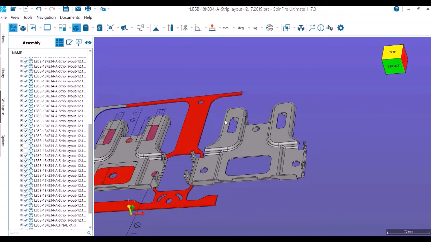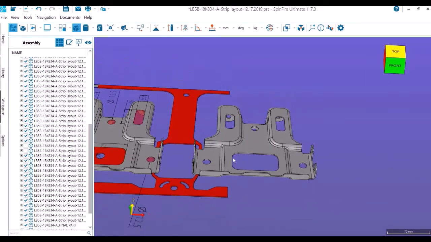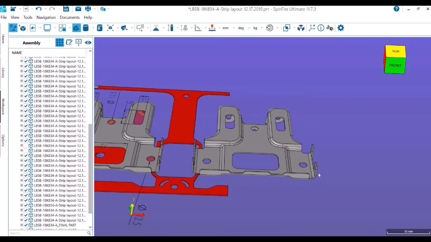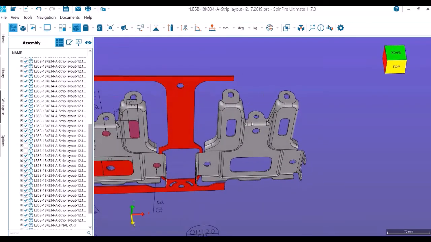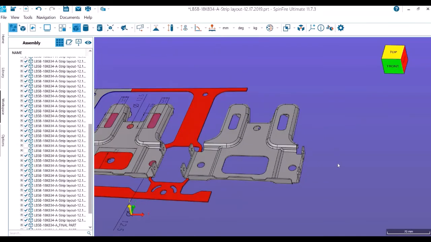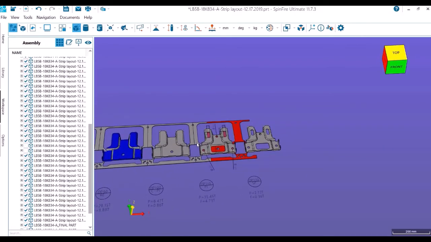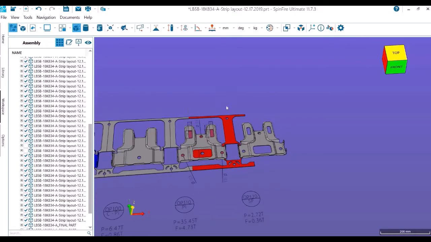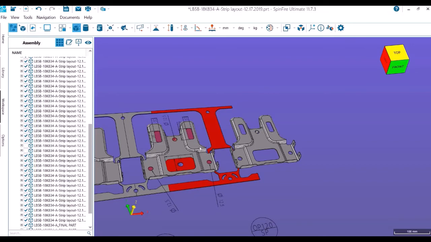Let me show you the final part design. See, this is the final part design which has multiple features. You can see form, flange up, pierce on the flange, flange down, pierce on the flange, and we have multiple holes there. So this is the last station where we cut off the carrier. What is the carrier? I was telling that in the last station we also cut off the carrier. Carrier is nothing but the part of the coil from which parts get connected.